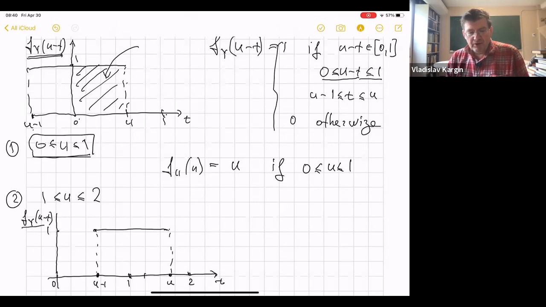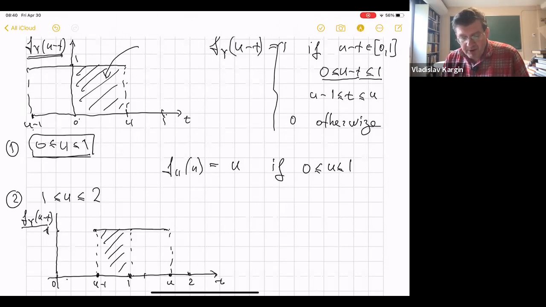Okay, so this function f_Y(u - t) is equal to 1. But I'm integrating from 0 to 1, so I'll need to figure out what's this area. So what's the integral of this function from 0 to 1? To apply this formula, the area is equal to the height, which is 1, multiplied